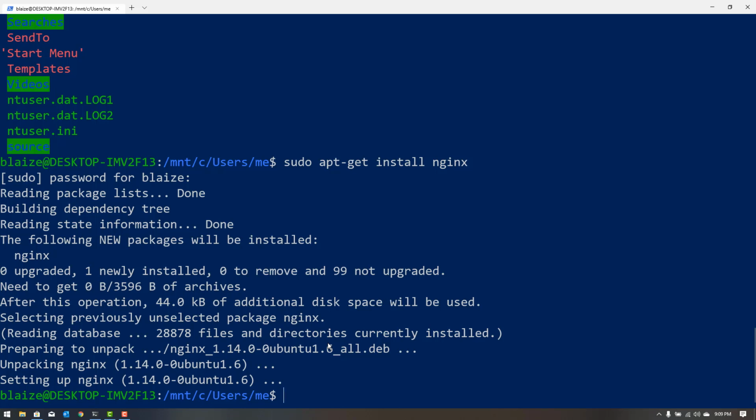so it doesn't get its own IP address. The other caveat that this would have is it's not using something like systemd to manage services on the Windows Subsystem for Linux. It is a full-blown kernel, but it doesn't have a lot of those other utilities and supporting software that makes it more of a full-blown operating system. Rather, it relies on me to run commands to make things happen. So if I wanted to start nginx, I literally have to start it manually by typing sudo nginx,